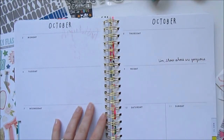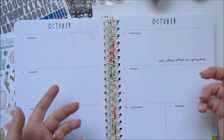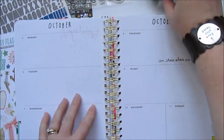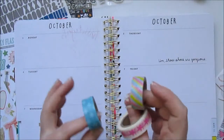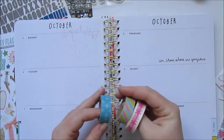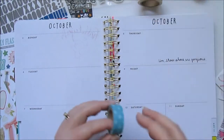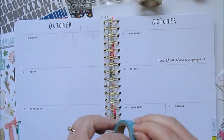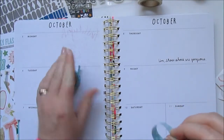that the Ban.do has put in here, and some of them I really like and I think they're cute. This one isn't really applicable for this week for me, so I'm going to cover those up with the washi, and that's what I'm going to start with. I pulled out 3 rolls of washi. Usually I try to keep it like 3 to 5 different washis that I use. And I'm just going to put them around the page here, and this kind of helps tie everything together,